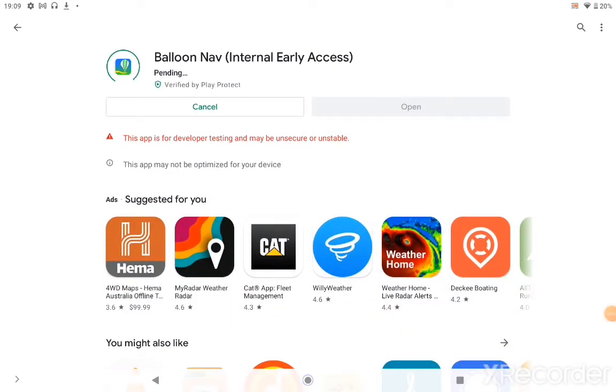Welcome to BalloonNav. BalloonNav is a live track sharing and GPS mapping application for hot air balloon navigation. So first thing to do is find it in the Play Store or the App Store, download it, and once